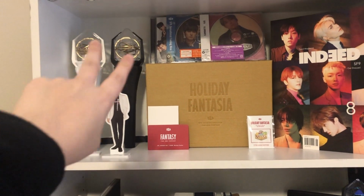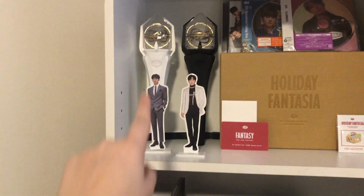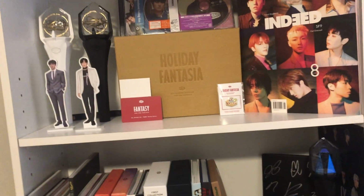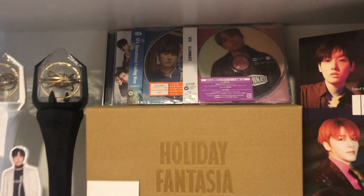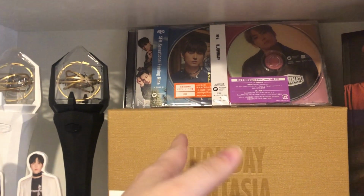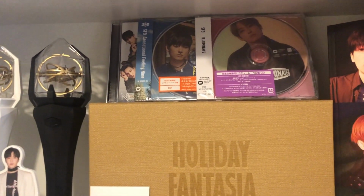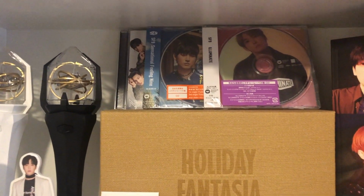So I have my 2 new version light sticks with Chani and Roan, and I try to kind of alternate, so kind of like black and white, black-ish. My card, which don't look at my name, and then I decided to put my Japanese CDs up here so you can kind of see them. I thought about just completely covering Now or Never, but I'm like, well, I bought it, but it's kind of already completely covered, so maybe I should just...